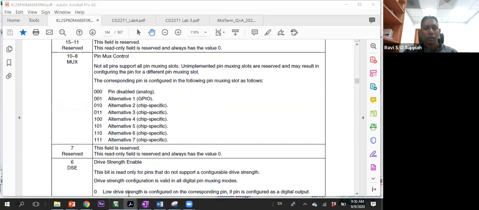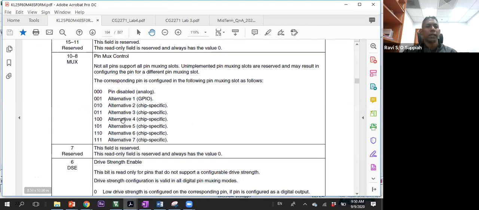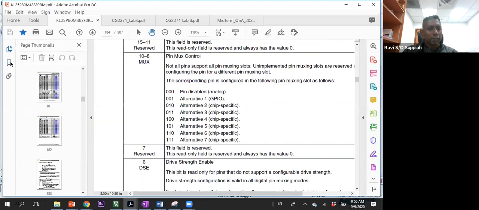So let me look back at the code here. So what are the pins? Port B0 and port B1. Okay, so port B0 and port B1, both I am configuring them for alternate function 3. So where do I get this information? So I need to come back to my data sheet and go to the mux. So the multiplexing